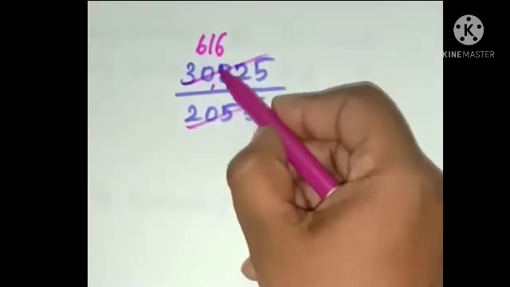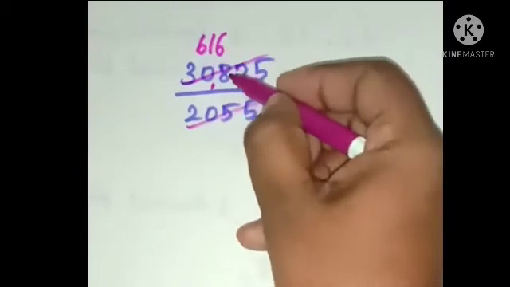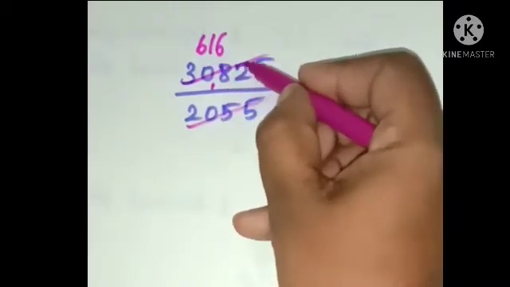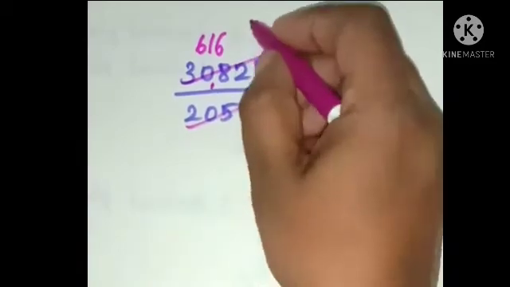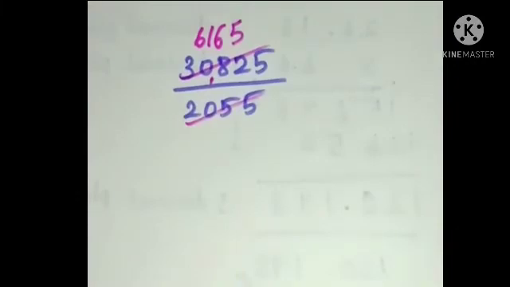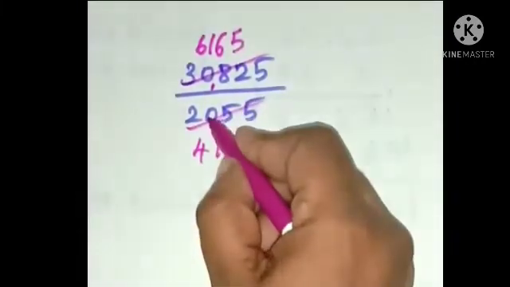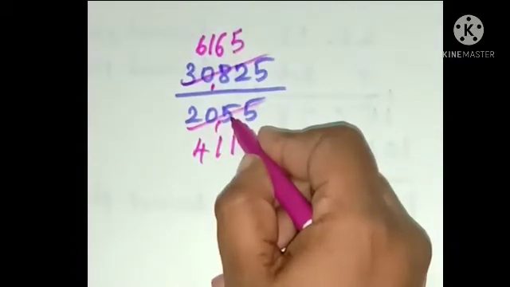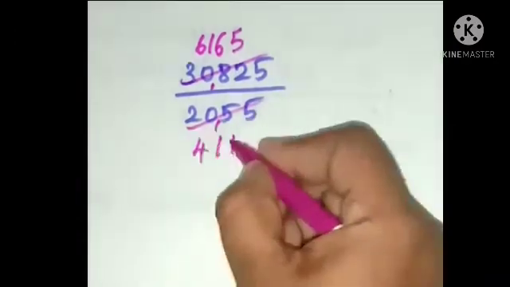Here by using fifth table we can cancel. 6 5s are 30 and 1 5s are 5. Remainder is 3, 32. 6 5s are 30. Remainder is 2. So 25. That is 5 5s are 25. And here in the denominator, 4 5s are 20 and 1 times 1 5s are 5. 1 5s are 5.